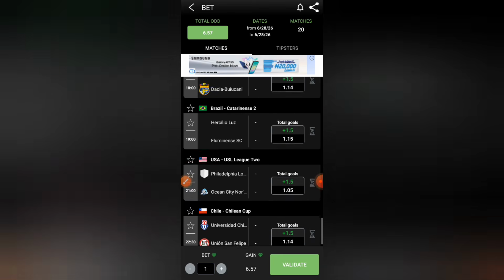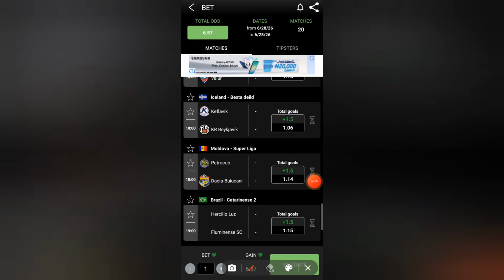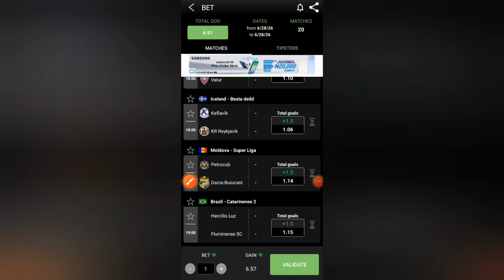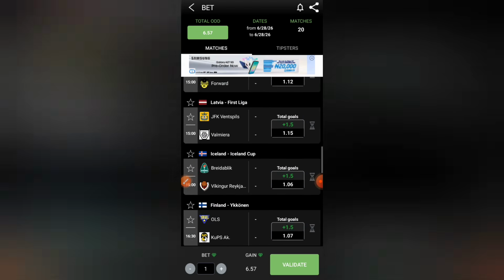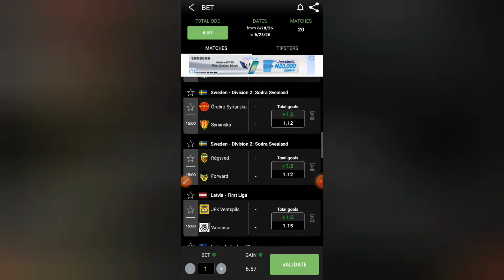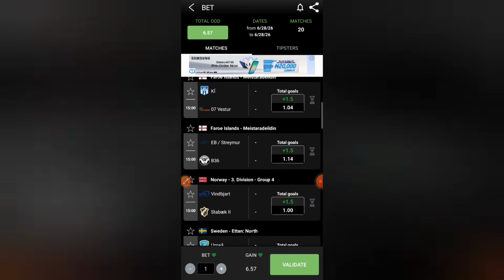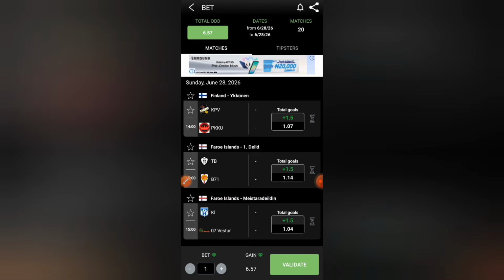So I think we have up to like 13 games here that we can actually proceed with as over 2.5 goals, up to like 13 to 14 games here that are highly expected to end up as over 2.5 goals. So if you have any question regarding this particular strategy, you can actually drop it in the comment section,